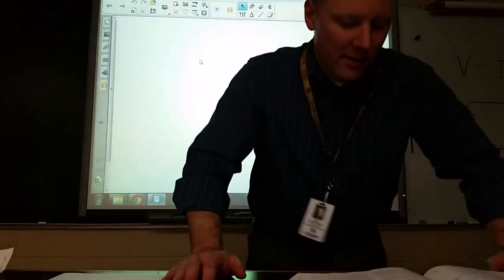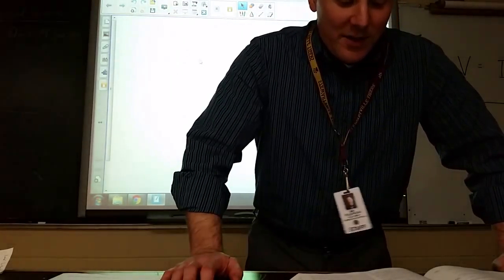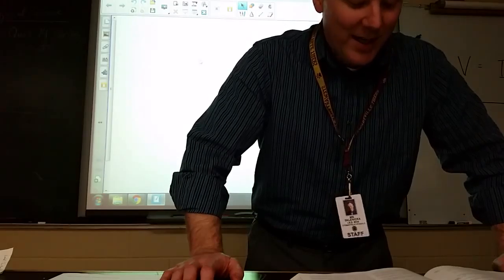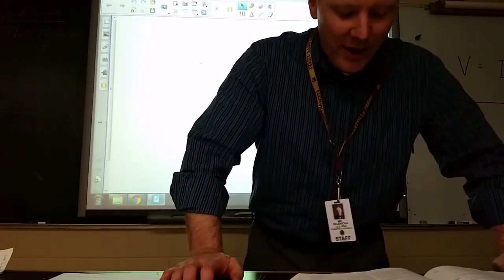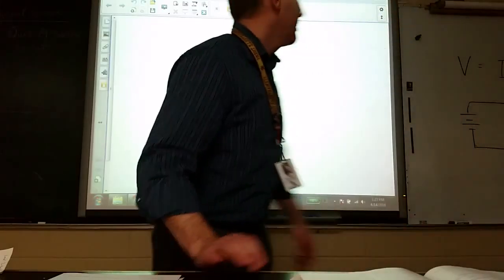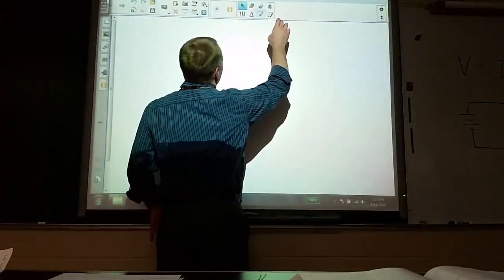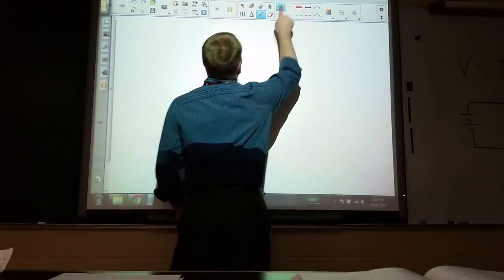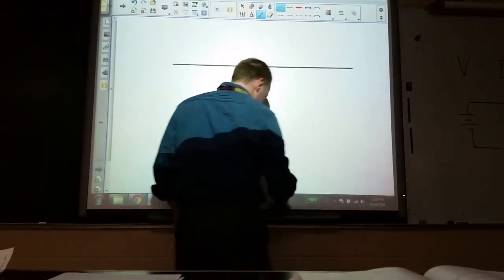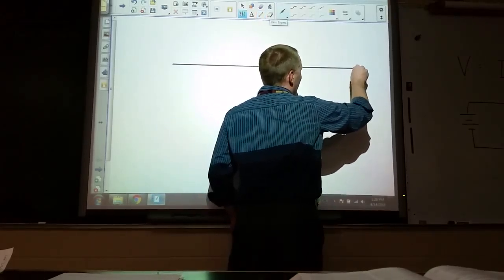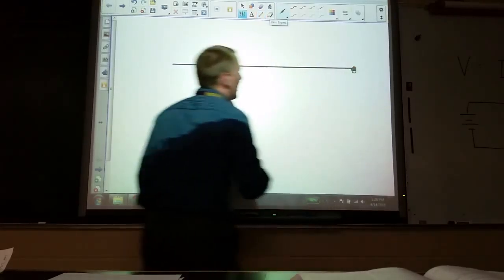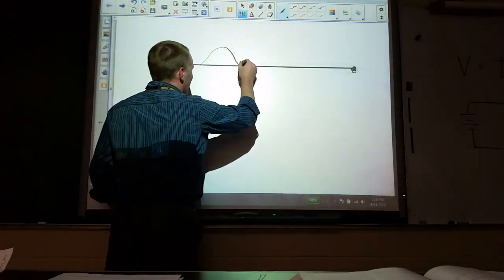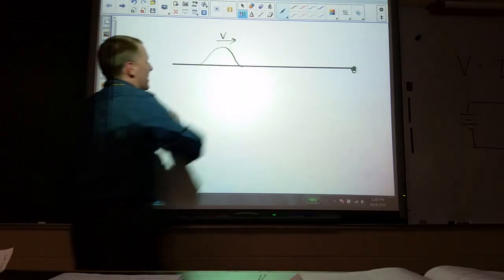Number 4. A wave moves on a string with a constant velocity. Does this mean that the particles of the string have zero acceleration? And justify your answer. So if we have a string here that is anchored at one end, say, and we give it a shake, we're going to send a disturbance that way, and that disturbance has a velocity,